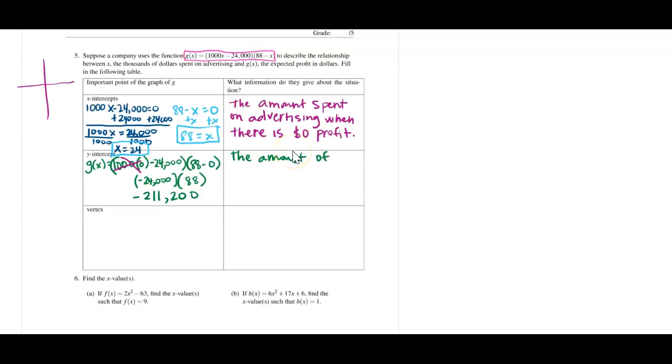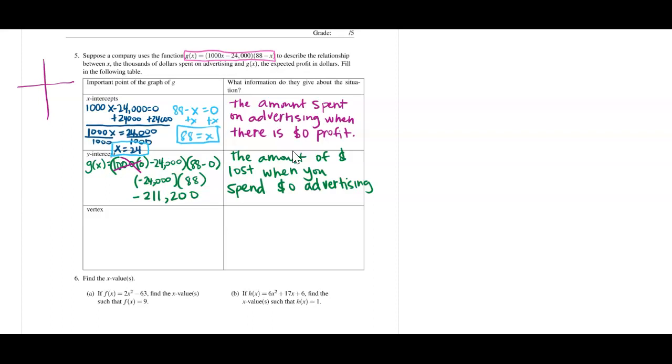But let's look at number 5. So this one would be the amount of money lost when you spend $0 on advertising. Okay, and then the vertex of this, remember that's the turnaround point of our parabola that we're talking about, and